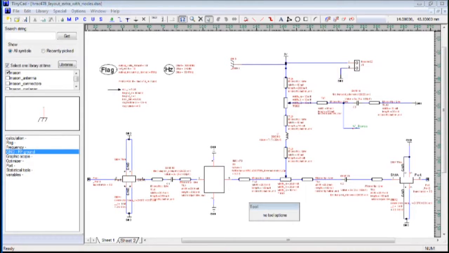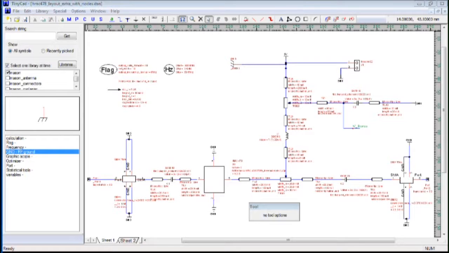In this tutorial, I'm going to show some of the advanced features in Mason's layout tool. This is an amplifier circuit complete with the bias network and connectors. I've defined true grounds attached to the amplifier and the connectors, and also over here where we terminate this coupling